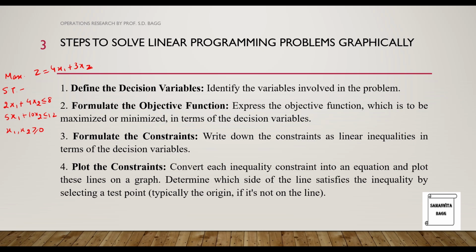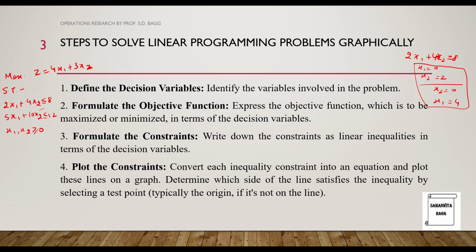So when you have to identify the decision variables, what you need to do is figure out the values of x1 and x2 by first assuming equation 1 and substituting this equal to 8. This was less than or equal to, you will first assume it is equal to, then you will put x1 = 0 and you get x2's value. When x1 is 0, x2 will be 2 and when you substitute x2 = 0, you will get the x1 value as 4. So these are the points that you have obtained and you can plot them on the graph and join them to form a line.